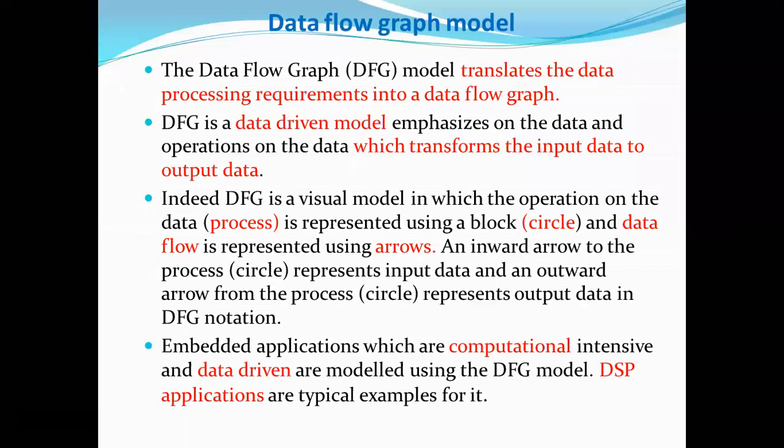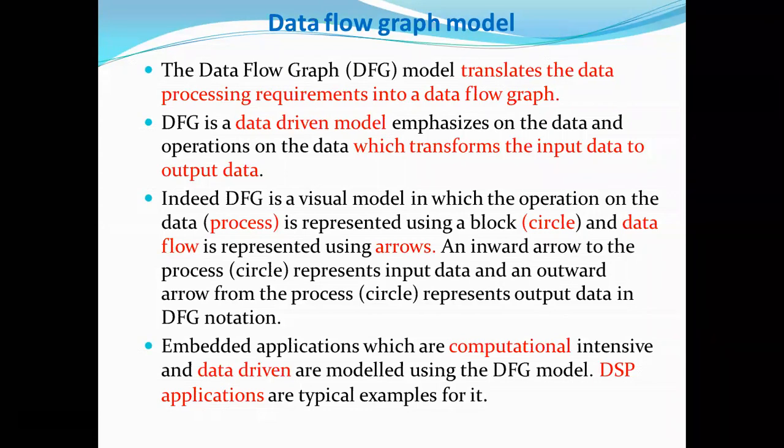So the inputs will be going through the different phases, and then the output is decided. So first that model should be drawn here, right? Here in this data flow graph model, the input is given and passed to the different processes of the system, and then the output is decided.